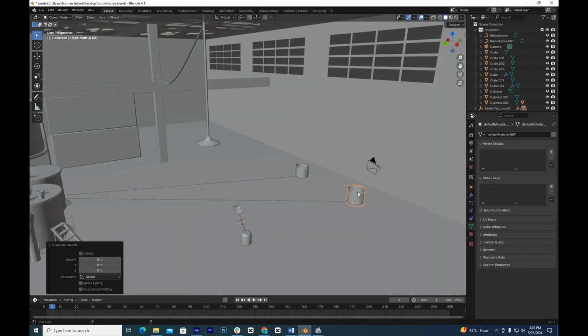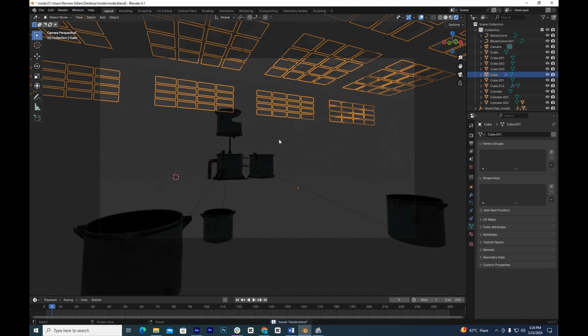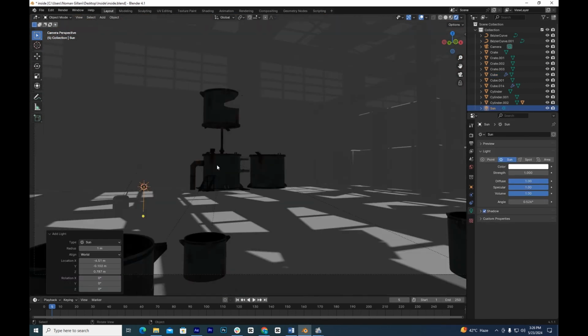Although I do have to mention that there is a little bit of percussion in this section. We've got the lion drum hits,